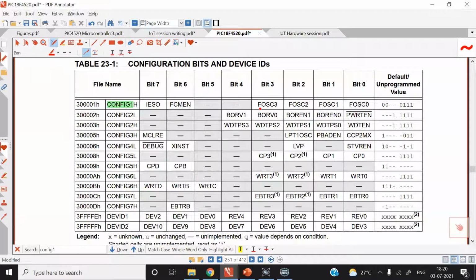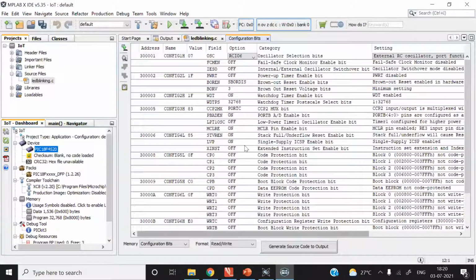With the help of these bits, we can decide the source of the oscillator, whether crystal oscillator, RC oscillator, or on-chip oscillator. With the help of these 4 bits, we can decide which oscillator is to be used for the microcontroller. We can do this with the help of the PICkit programming software, or in this MPLAB X IDE software, we can open this configuration bits memory view and graphically select the required option.